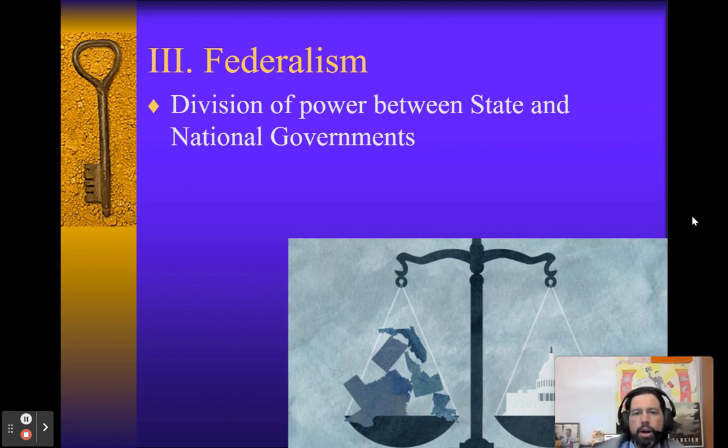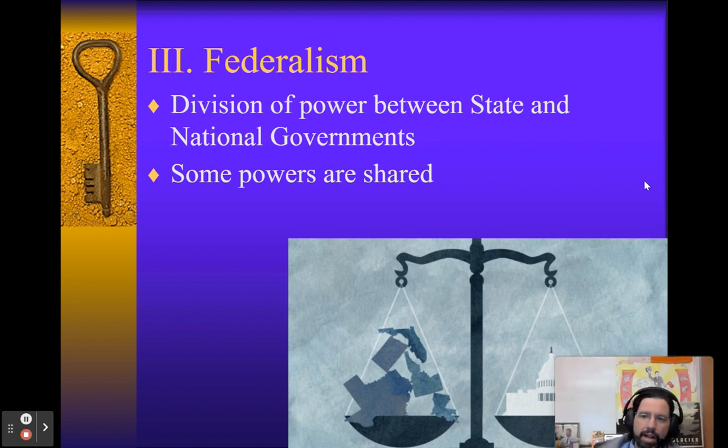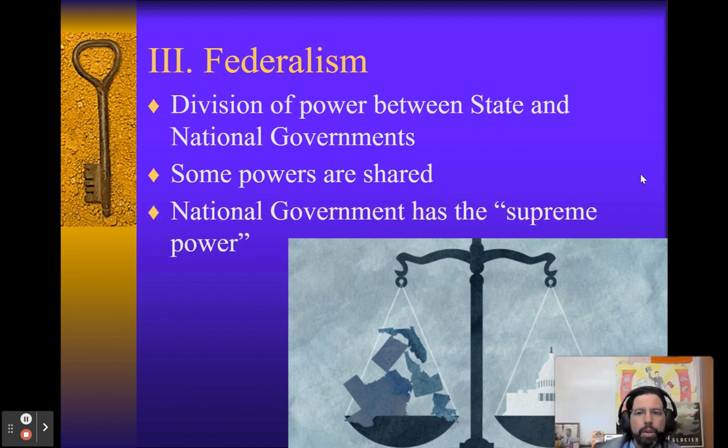The next theory is the idea of federalism, that there's going to be a division of power. Power is shared between a state government and the national government and various state governments. Some powers both have, like states can tax and the national government can tax, but ultimately the supreme power is the national government. Now, that means, by the way, the national government needs to have laws that actually override state governments, and they can't just arbitrarily say a state law is bad and that's how it goes. It doesn't work like that.